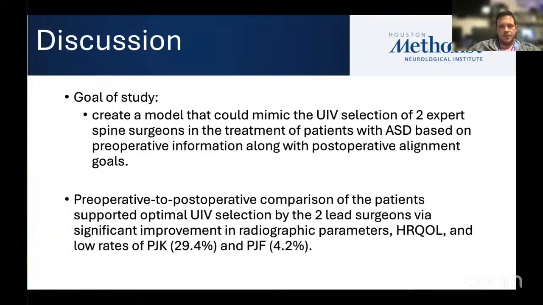And so it was interesting that it was just to mimic 2 surgeons and how they would choose the UIV. It'd be interesting to think, as they get more data and include more surgeons, how the accuracy might change, if it would get better or worse, or how it would vary between institutions, and how different thought processes at various places are. And I think it would be an interesting tool just to look at how different programs choose their UIV and their philosophies behind it, just quickly go through it all and not have to spend hours and hours digging through individual data.